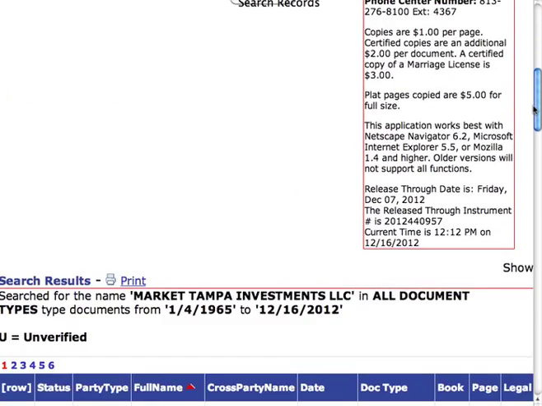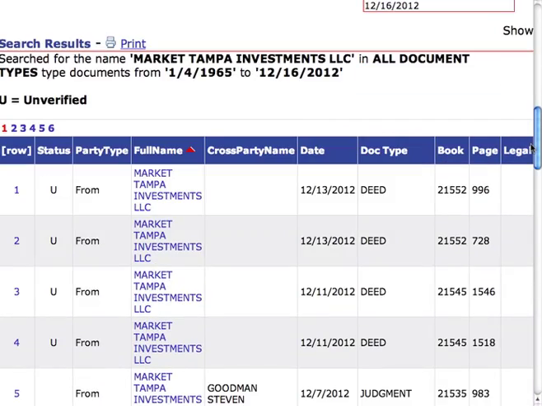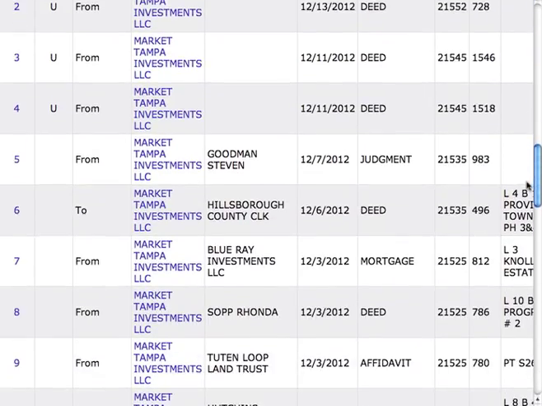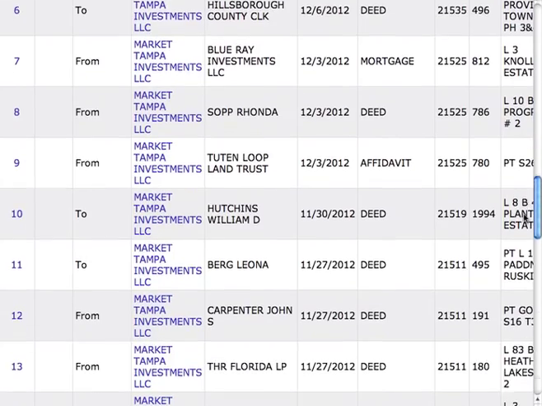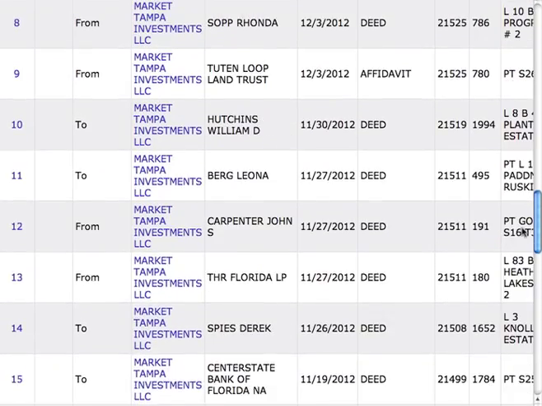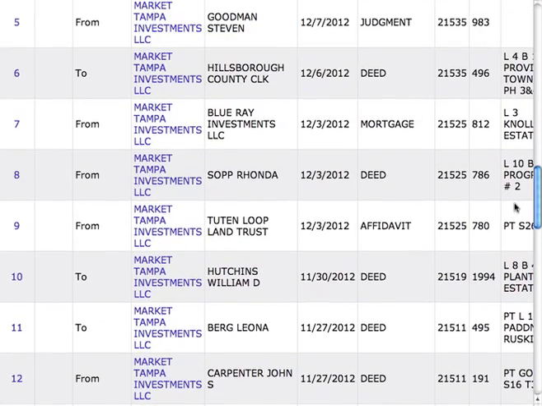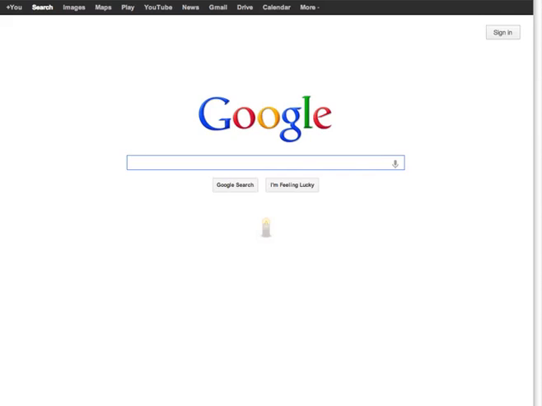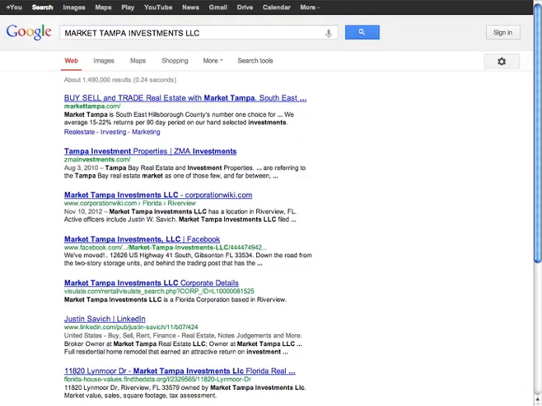If we scroll down here, we see that there are 6 pages of transactions. Lots of them are deeds. There are some sales where they are buying at auction. So this is someone that I am interested in finding. So we're going to go directly to our friend Google, type in Market Tampa Investments LLC, and if you look at the very first listing here,